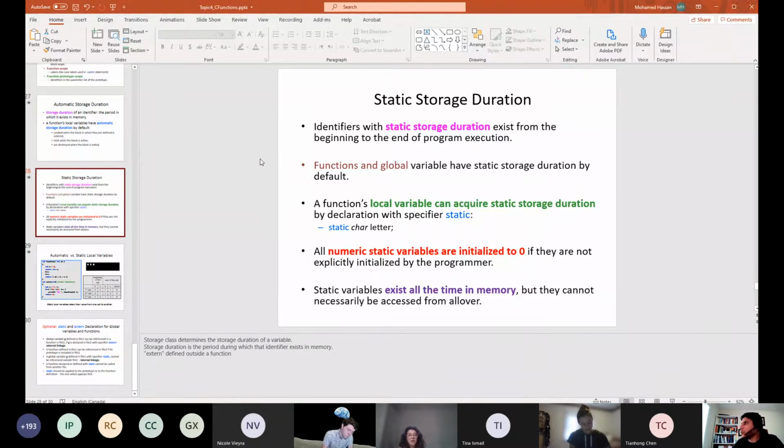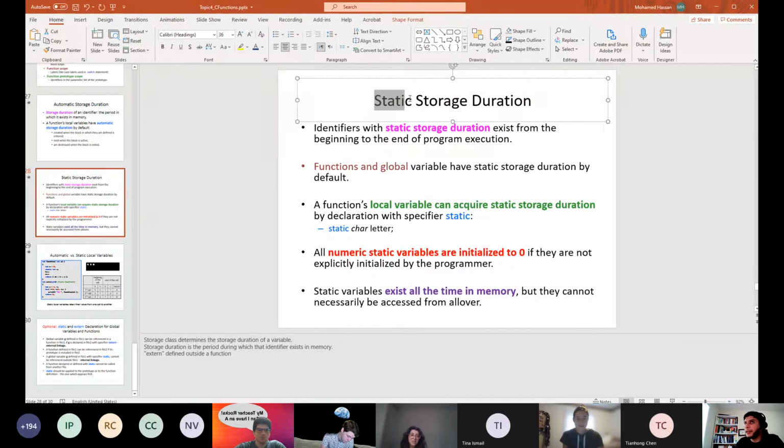One possible use case is that you want to carry forward some results. Assume I do a function call right now, and then I want to carry forward some of the results to the second function call. So you keep calling a function multiple times, and you don't want to lose your old value, as we will see in the example right now. To be able to do this, you have to define your variable as static. And from the word static, it means it doesn't really get destroyed when you exit the function call.